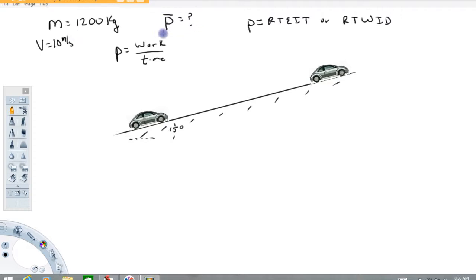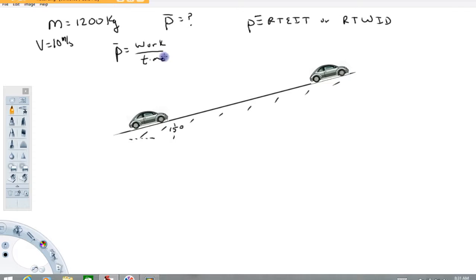In order to do that, you have to know how power is calculated and what it is. I define power a couple of different ways, but power is defined as the rate that energy is transferred. That's one way in which power can be defined, or it can be defined as the rate that work is done. It doesn't matter which one we use to calculate this. I'm going to go ahead and use the rate that work is done. And if I'm going to define power like that, then the average power is going to equal total work done